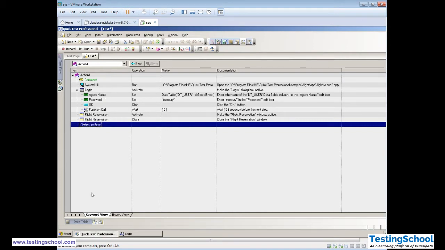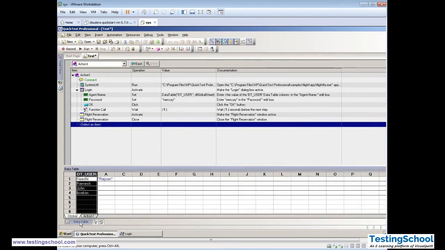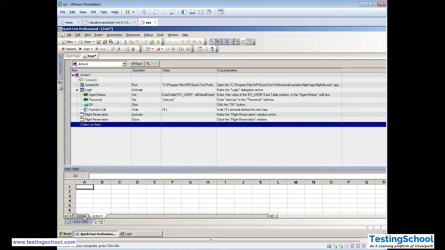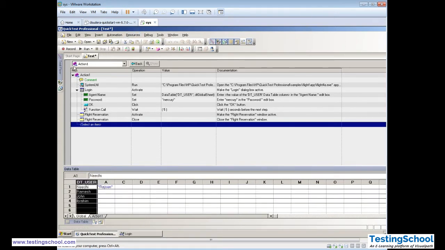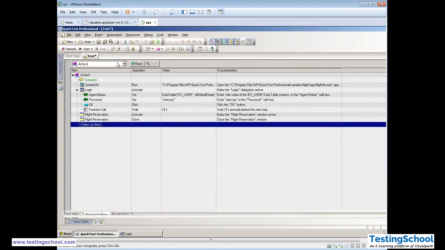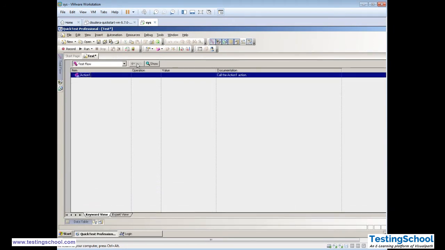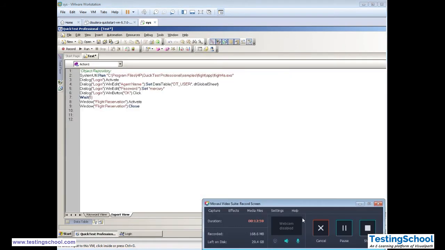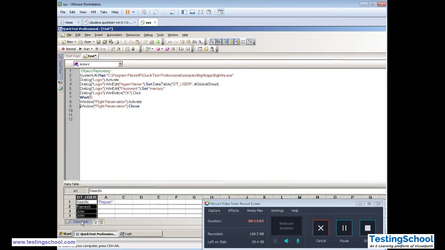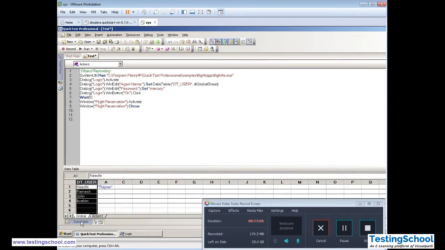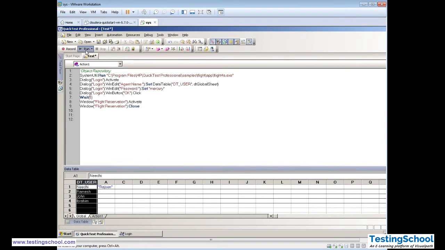Okay, let's begin. One second. Okay, now we know that we have parameterized this part, and now data table name is dt underscore user. Let's see, it should ideally run 4 times.